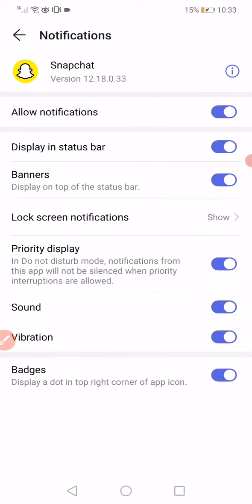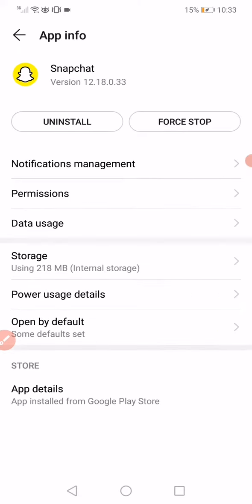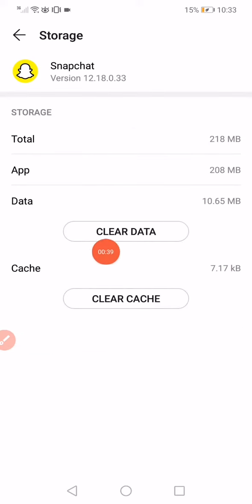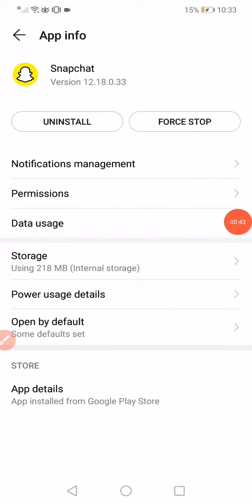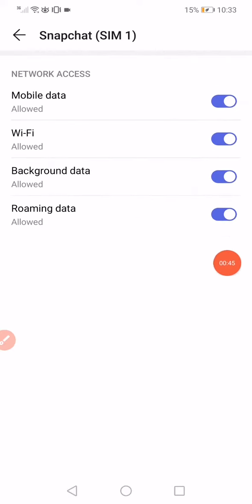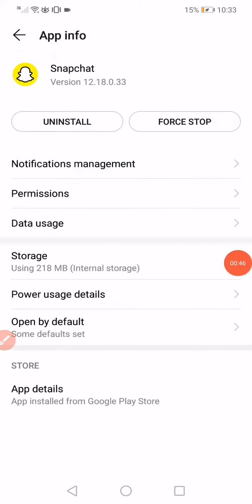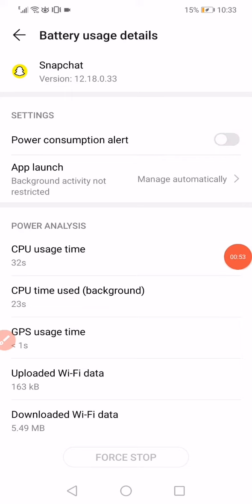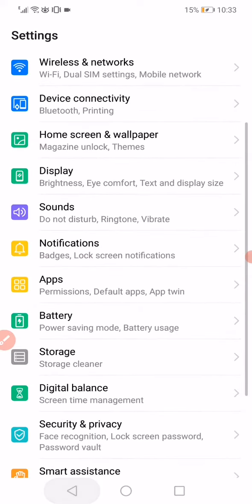Disable all notifications and enable them back again, and then click on storage, click on clear data, clear cache, go back, click on data usage, make sure that all these options are enabled, and then click on this power usage details, go to the power consumption alert, disable it and enable it, and then go to the settings on your